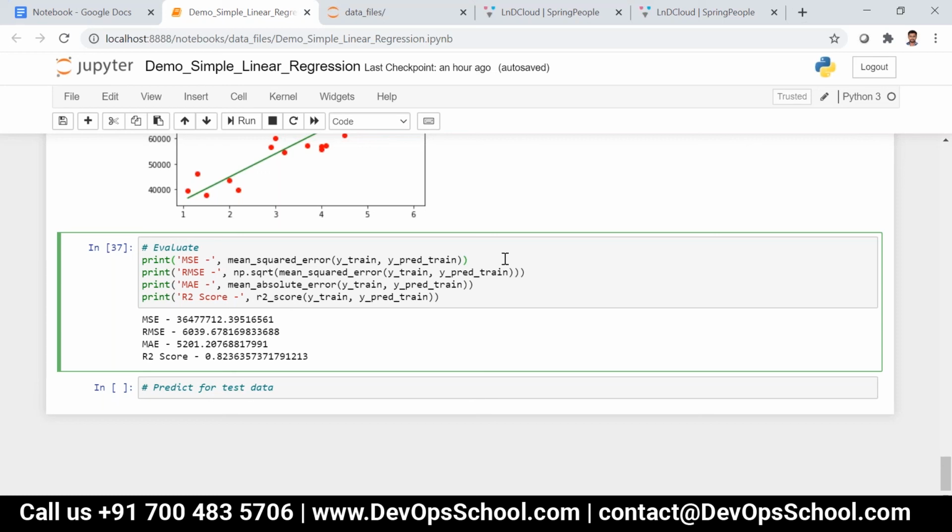This is just the outcome of all the tests we did. These all come under statistics, Susan, like mean squared error, RMSE, and those things.